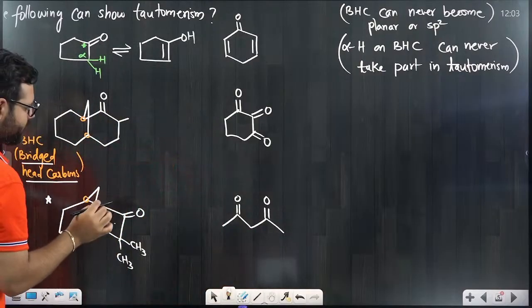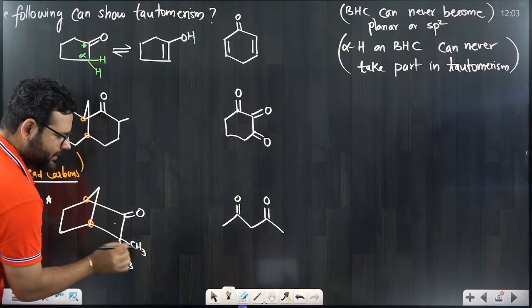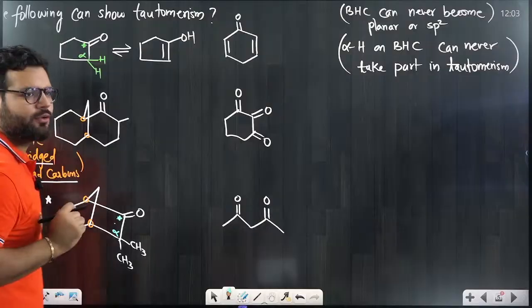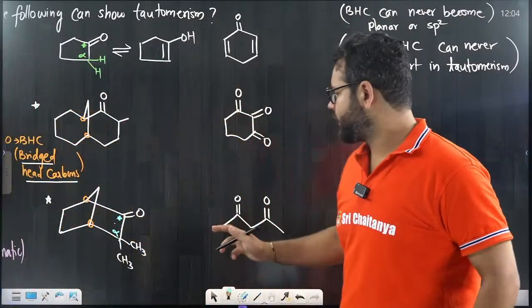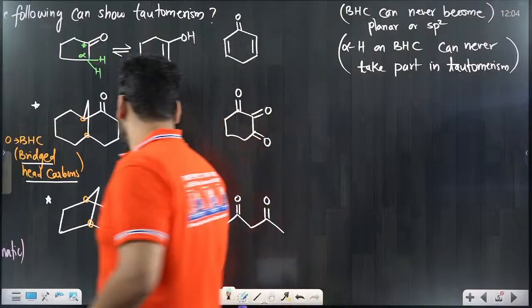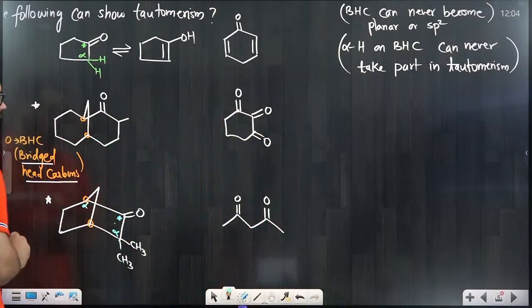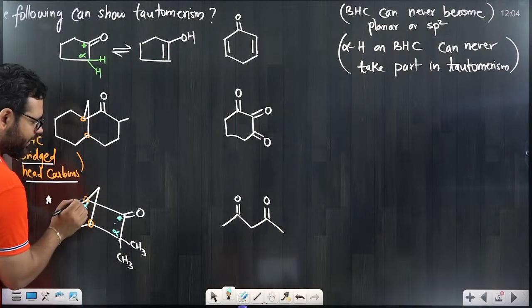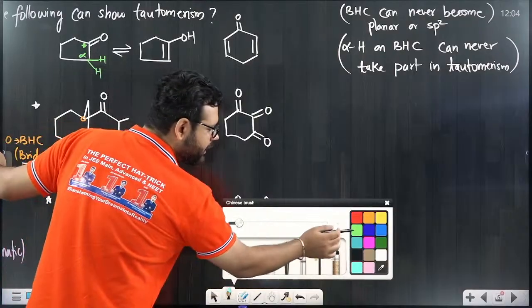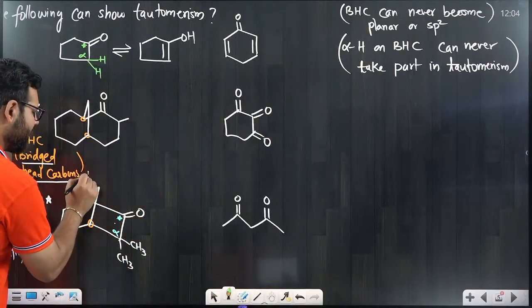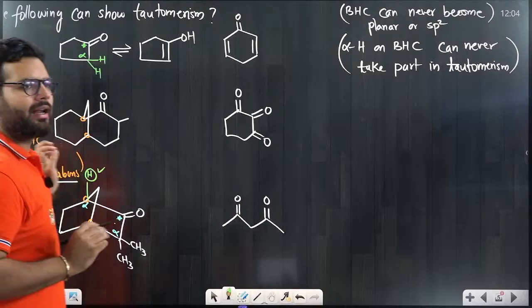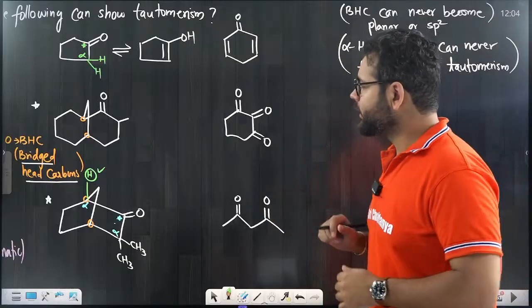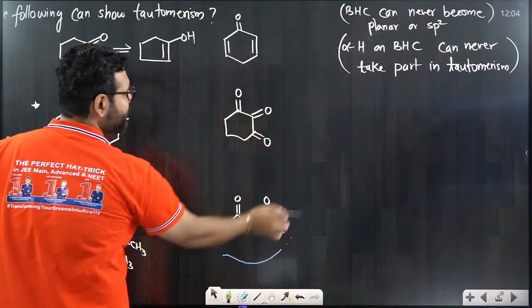For example, see the next to next. See everybody here. In this compound, this is the star carbon. Next to star, this is alpha, but this alpha is useless for me because this alpha does not have a hydrogen. Okay, useless. Coming to this alpha, this is also alpha carbon. This carbon is also sp3. It has one bond going here, one bond going here, one bond going for CH2, and one hydrogen. So although there is an alpha hydrogen present, alpha hydrogen is present on sp3 carbon only, but the shifting is not possible here, because if I do the shifting,